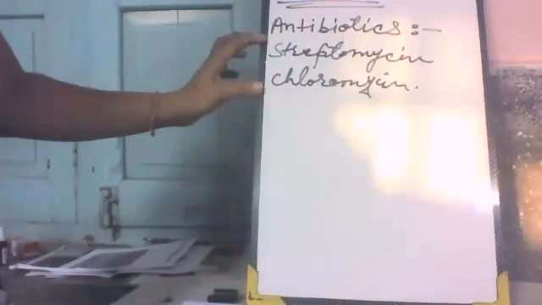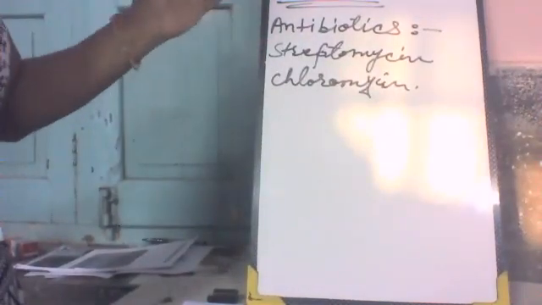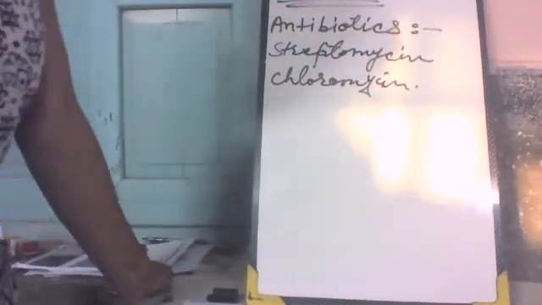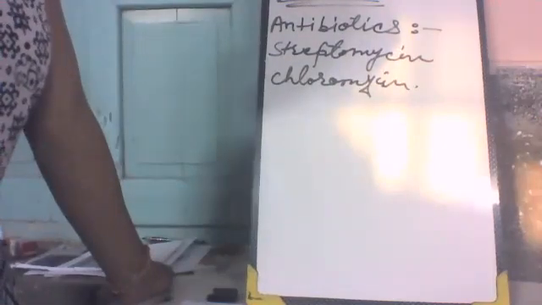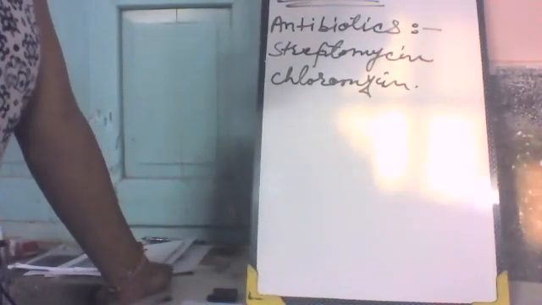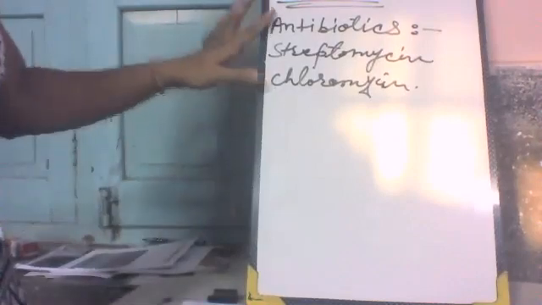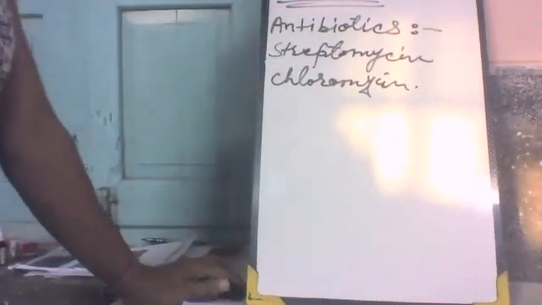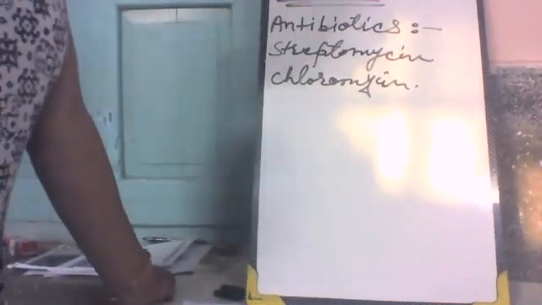These are the bacteria used in the making of antibiotics. These antibiotics are used for the treatment of plant and animal diseases. In both plants and animals, they are used to kill the